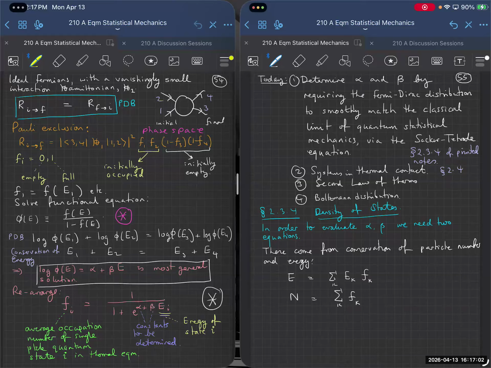So I know the energy of those particles. So if I want to get the total energy of this system, I sum over all the quantum states the occupation of those states, how many particles are in that state, times the energy of that state, and that will give me the total energy. So these are the two constraints that we are going to use to calculate the unknown constants alpha and beta. And we're going to do this with